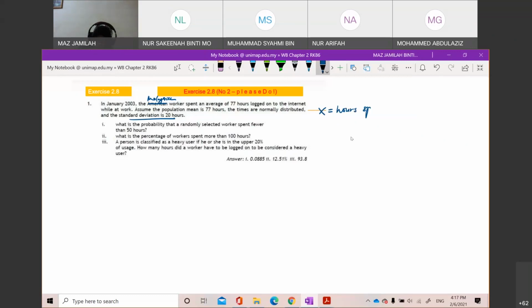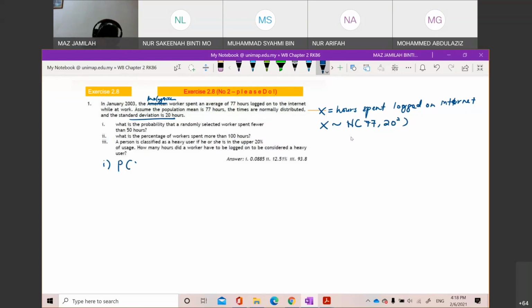Hours spent logged on the internet. Okay, more or less like that. So X is normally distributed with mean 77 and standard deviation 20, so the variance is 20 squared. Now, first question, what is the probability